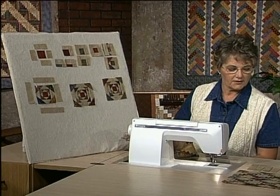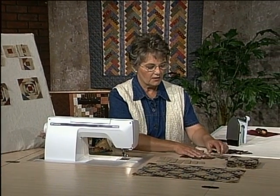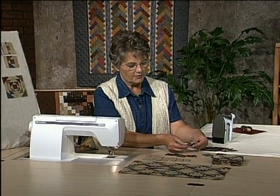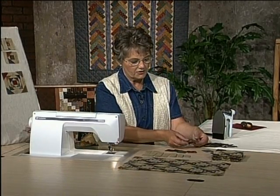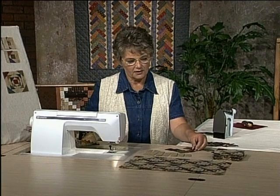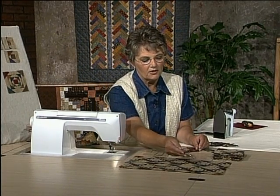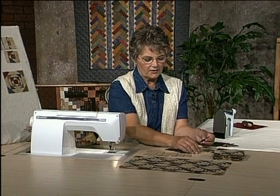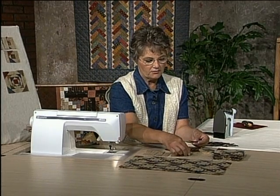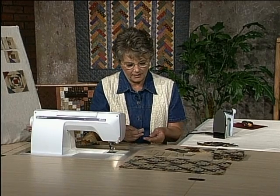So like I said, we'll start out by chain sewing, and ahead of time I have already got some little squares down in front of me. I didn't cut all of them today, but notice how I have many different colors to pick from down in front of me. And when you look at the quilt up in front of me here, you'll see that the center starts out with a different color all the time. So that's kind of another way to use up many little scraps. So we'll start out by chain sewing